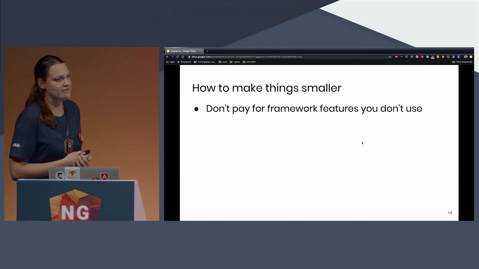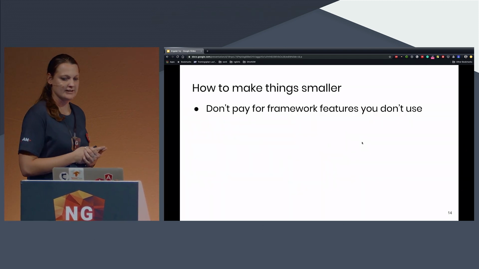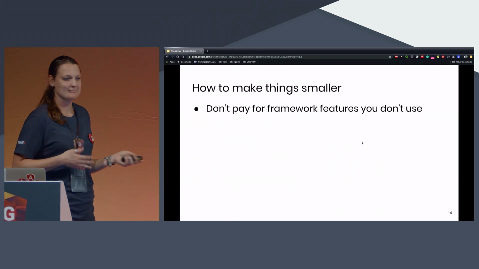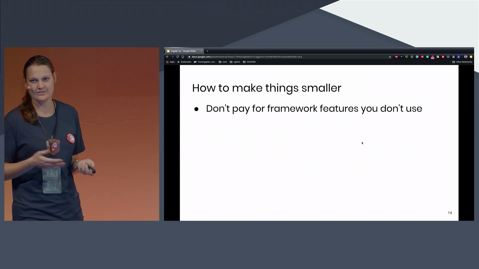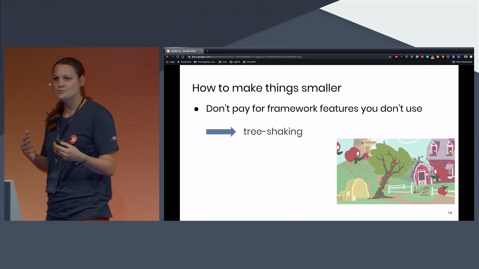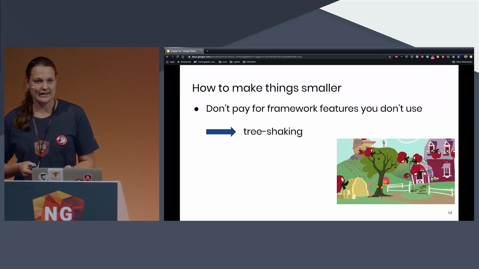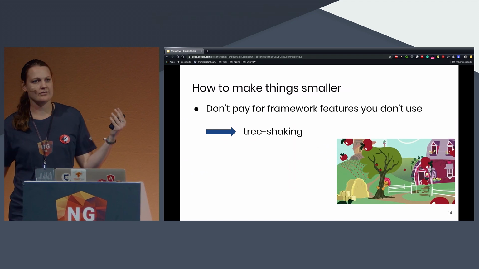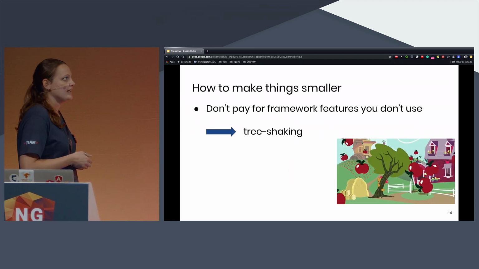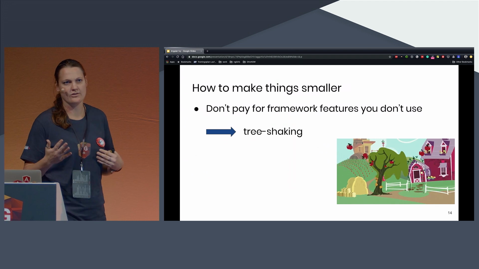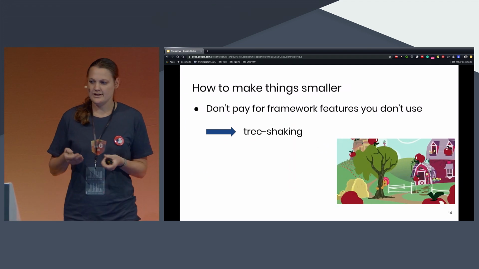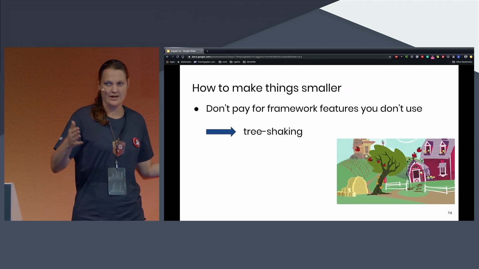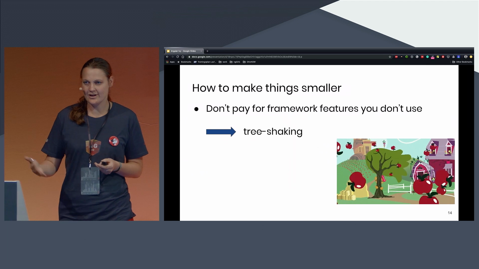So by knowing this, we now face the question: how do we make things actually smaller? Of course, obviously, don't ship something into the web browser that you don't need. The keyword here is tree shaking. Tree shaking basically means that there is a function somewhere in your framework, or you wrote a function, and you don't call it. You don't use it in your complete stack trace at all. So why do you have to actually ship this to the web browser if nothing calls this function?